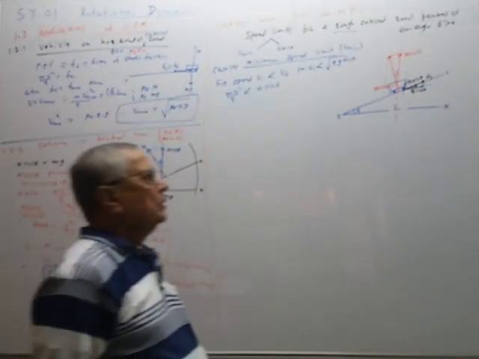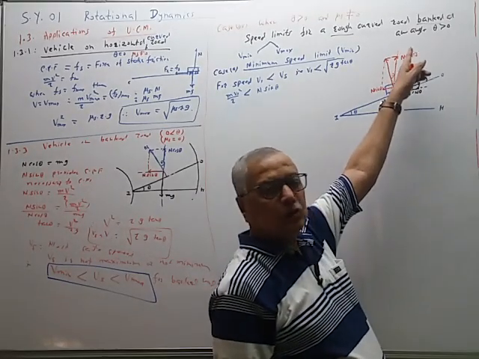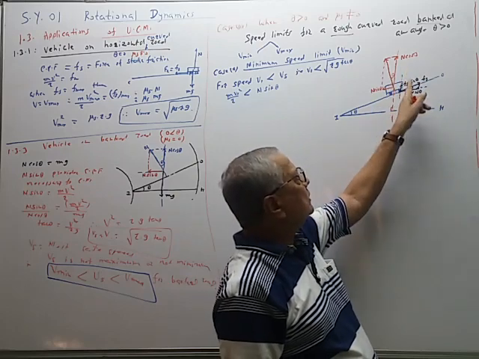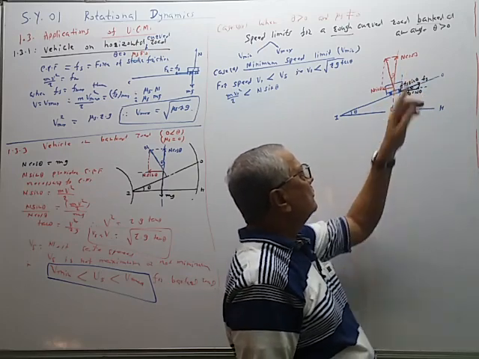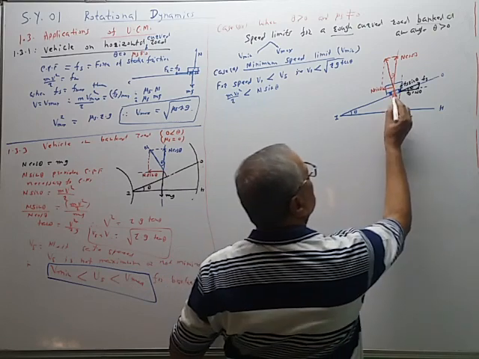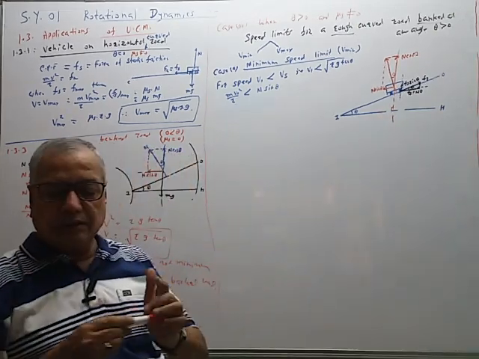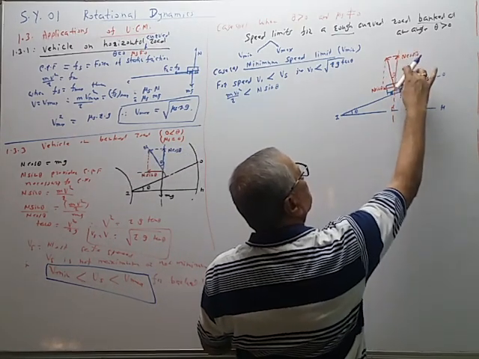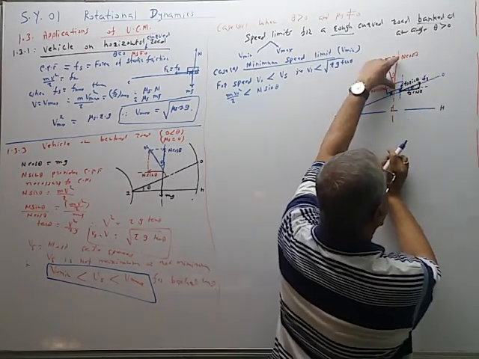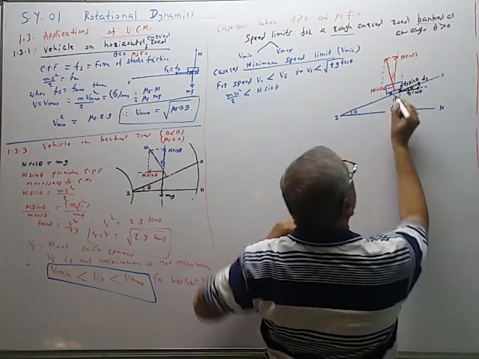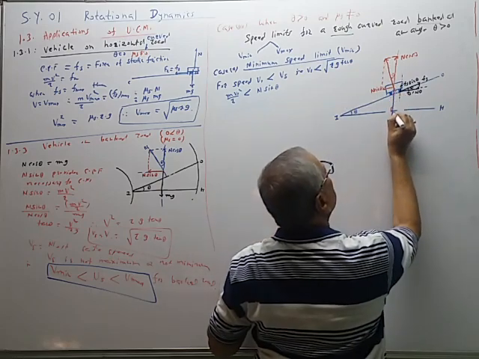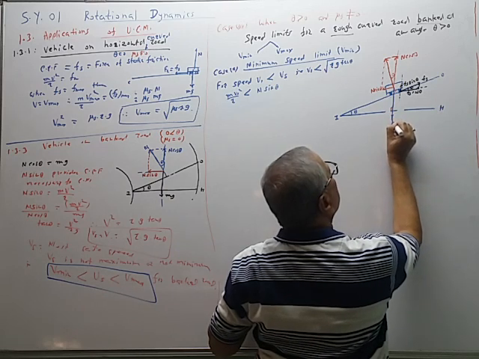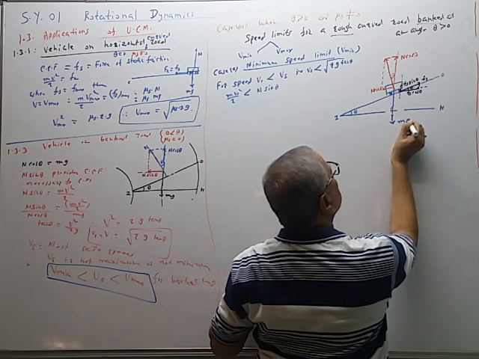And therefore, in the vertically upward direction there are two forces. One is N cos theta and the other is Fs sin theta. So N cos theta plus Fs sin theta will be balanced by mg. The mg arrow is drawn last. So mg is equal to N cos theta plus Fs sin theta. Suppose this is 12 centimeter and this is 3 centimeter, so mg must be shown as 15 centimeter. Up to this is N cos theta, and this is Fs sin theta. So this is equal to mg.